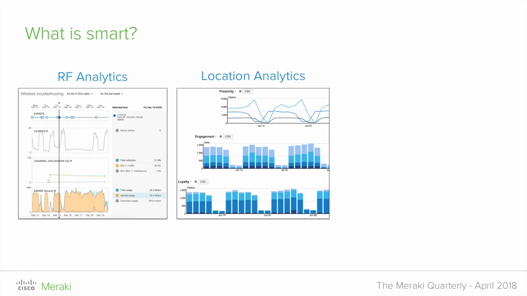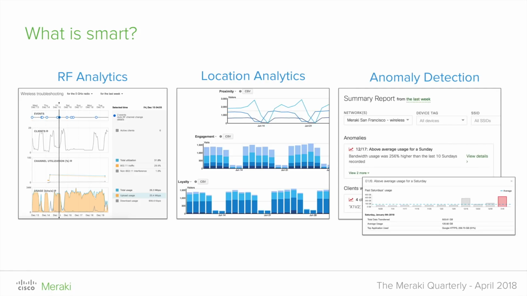Of course, many of you know about our location analytics that let you glean actionable insights from foot traffic behavior. And also, if you didn't realize, we have anomaly detection built into dashboard for usage, which you can look at from either a group of access points or a particular network, or even zoomed out at an organization-wide level. So these are just some cherry-picked features here that we have that are smart. The reality is we have metrics and trend analysis built into every page of the Meraki dashboard. So how do we take it up a notch?